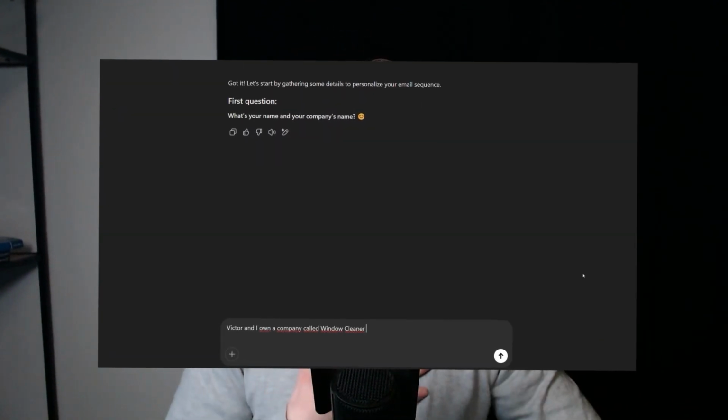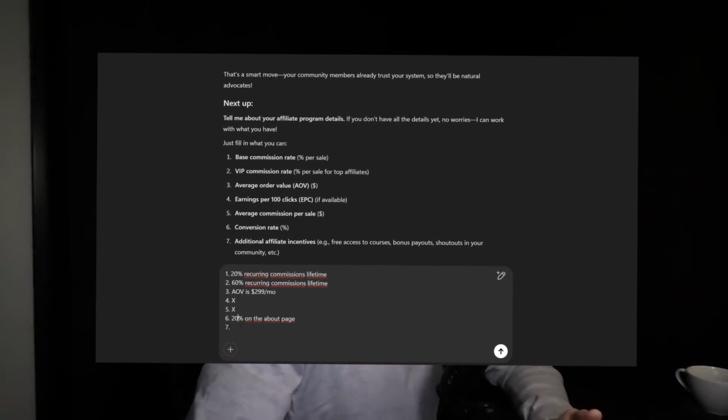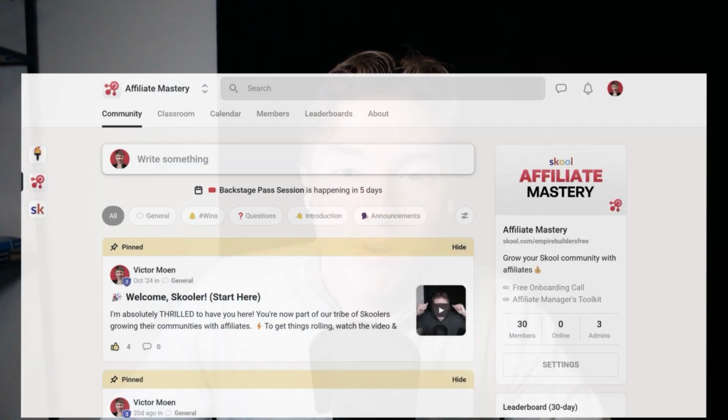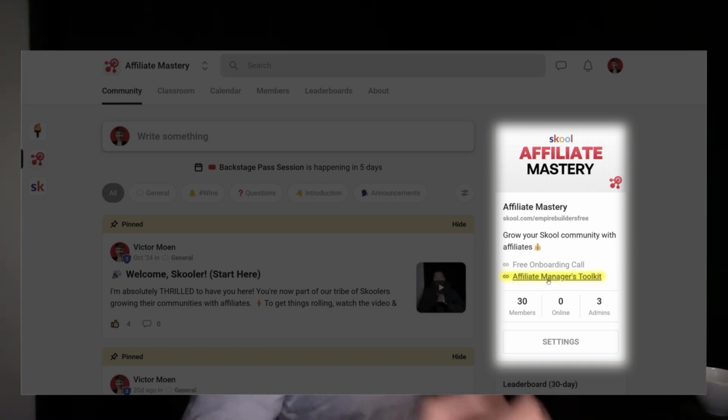When it comes to the 5 email sequence, if you want help with customizing it, I've created a custom ChatGPT AI bot that is trained on Dustin's 5 email sequence. And you will find this in the toolkit in the community that is currently free. To use it, you just simply answer the questions it asks you, and the results it spits out is top tier. And Dustin uses this AI to customize the sequence because it's just so powerful.